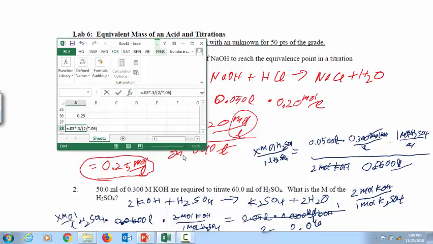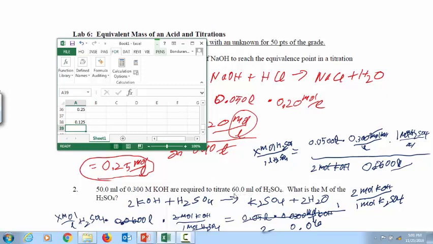Okay, it looks like I hit the wrong key here. Backspace, 2 times 0.06. That's better. See if it likes that. And it looks like I have 0.125 mole per liter, which is reasonable,